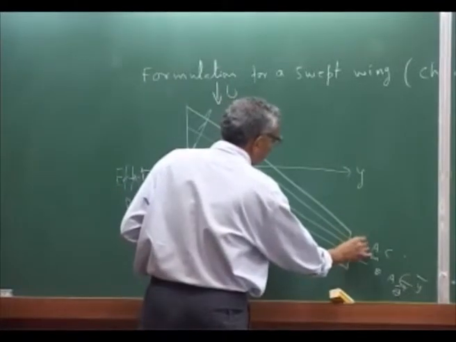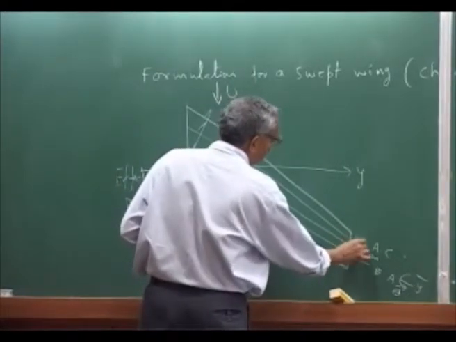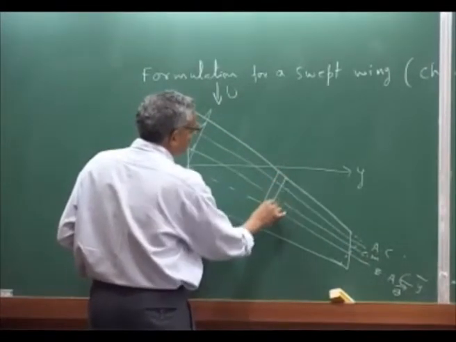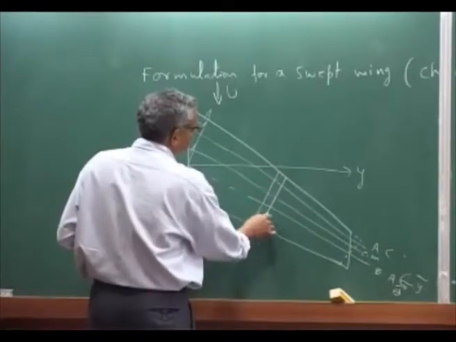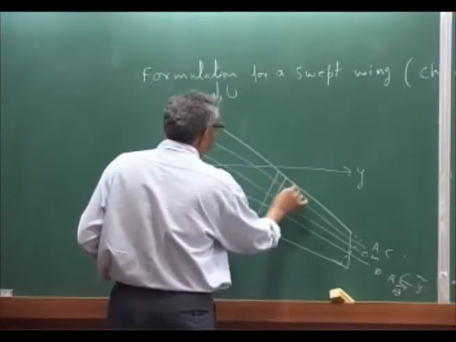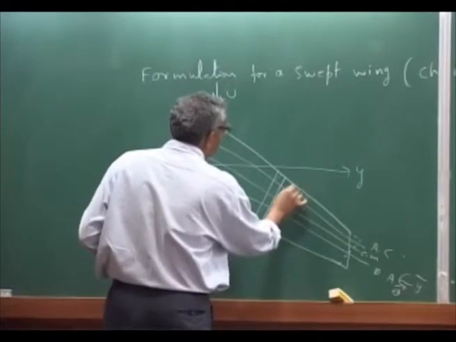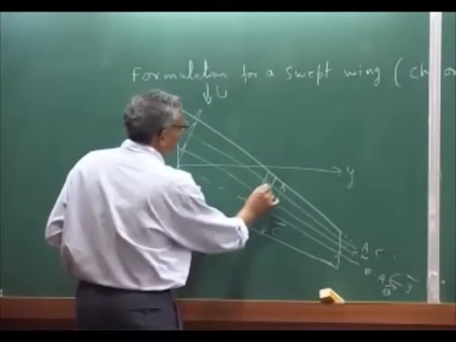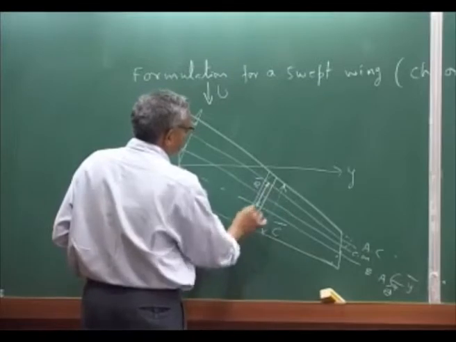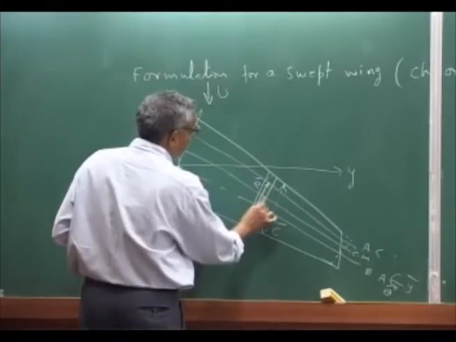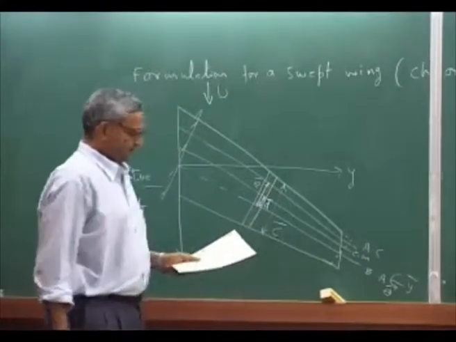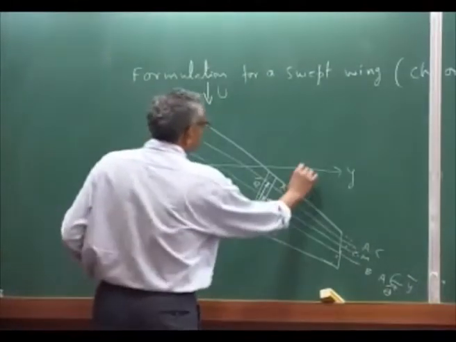The same way you draw an effective tip, okay, and you take now chordwise segment, and the chord you call this as c bar, and this distance you call it e bar, and this distance you call it d bar, okay. And of course this is the sweep angle